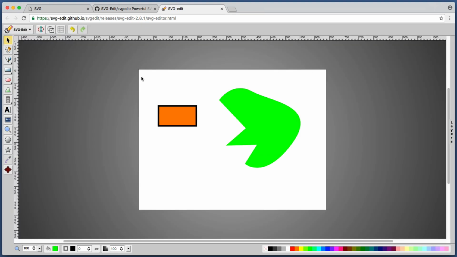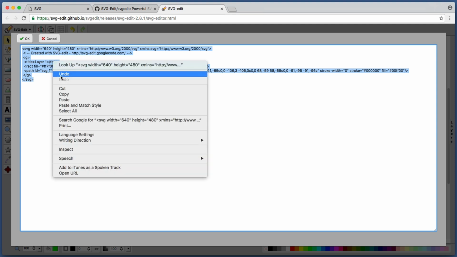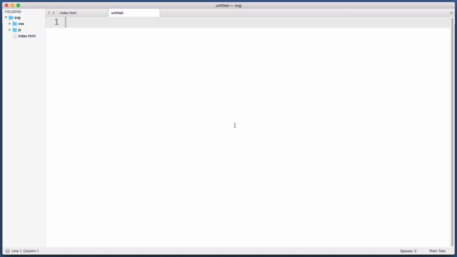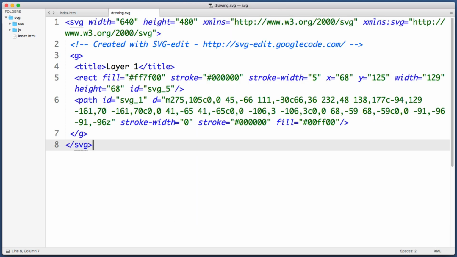All right, now let's imagine that we are happy with our drawing and we want to add it to a web page. So here's how I would do that. I would click this SVG icon. I would copy all of the code, 100% of this code, into my clipboard. I'd jump over to my text editor on my computer in a brand new, empty file. I'd paste in my clipboard. I'd save this as a brand new file, and I can name it anything I'd like. Let's call it drawing dot, and then instead of a JPEG image, this is an SVG image. All right, so now I have a new file named drawing.svg, and now I'm free to use that in an